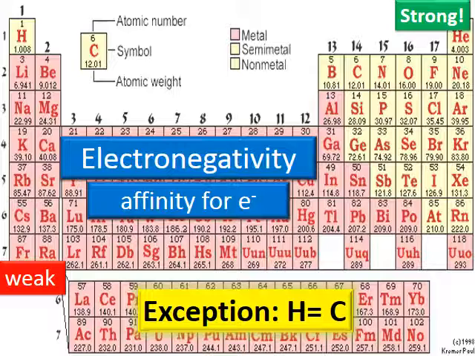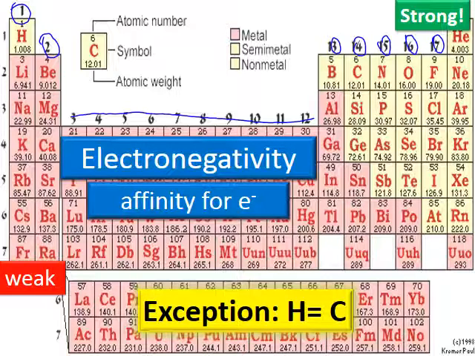Another thing you can learn from the periodic table is the number of valence electrons. Anything in this first column here has one valence electron. Anything in the second column has two. We're going to skip 3 through 12 because those are funky transition metals. We don't want to deal with them. We're not going to deal with them in class. Anything in 13 has 3. Anything in 14 has 4. 15 has 5. 16, 6. 17, 7. And then the 18th column over there has 8 valence electrons. So that's some more information you can get from the periodic table.